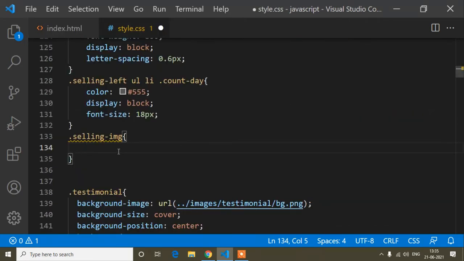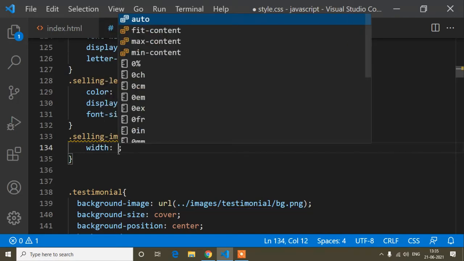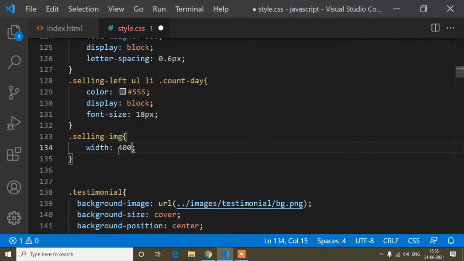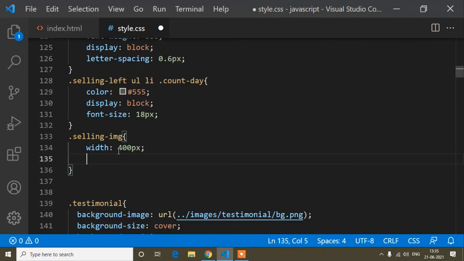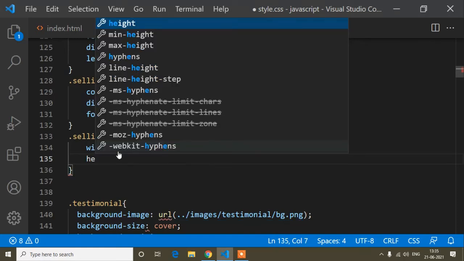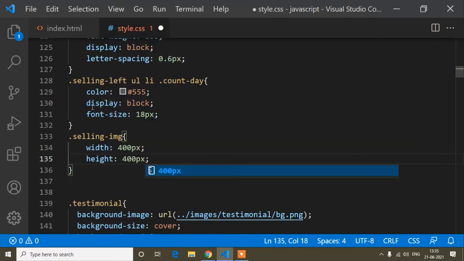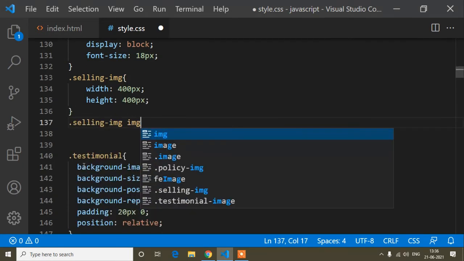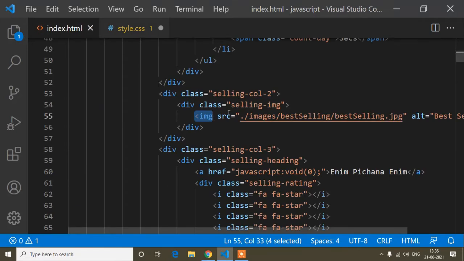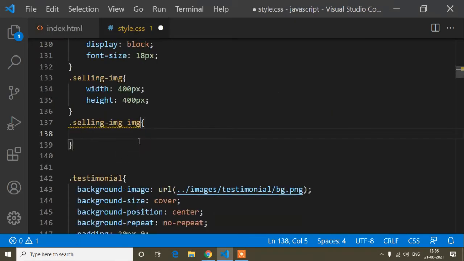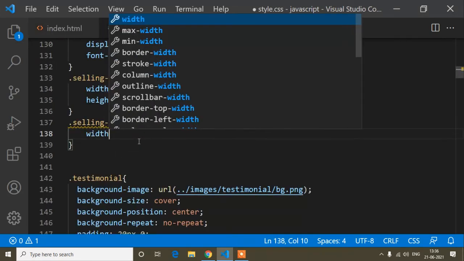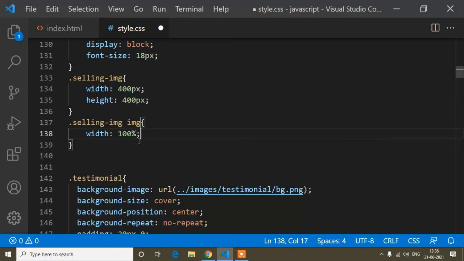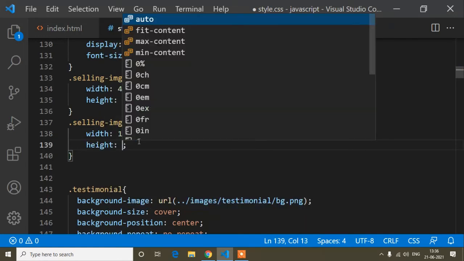Okay, so first of all here I will just fix the width, that is 400 pixel, and the height is also 400 pixel, and inside this selling image there is the image tag. I mean, if I show in the HTML, so first the parent is this one, and inside this parent, the image tag is child like this.